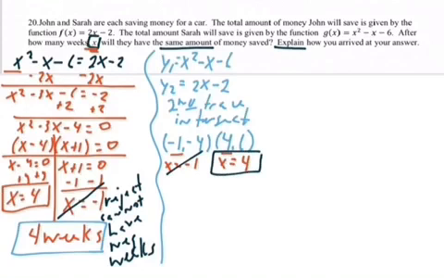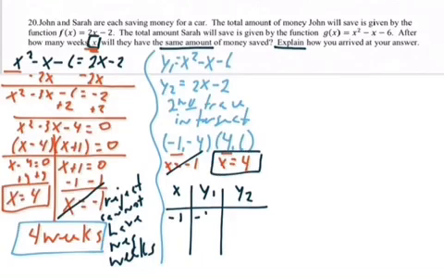4 weeks. Also on the calculator, you could have chosen to write down your table of values as well, where you would show the intersection points, negative 1 with the negative 4, and 4 with the 6. And again, since you can't have negative weeks, your answer then would have to be 4 weeks. So for this one, you can decide to do it either algebraically or graphically on the calculator to get